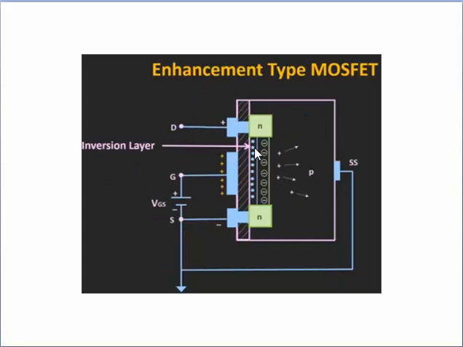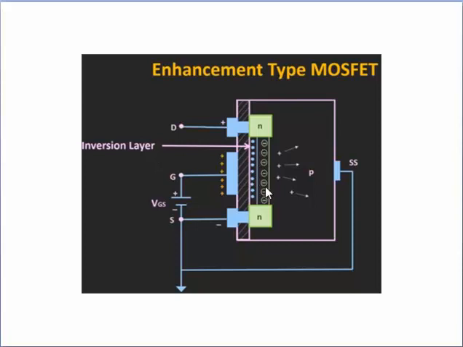that is, the gate terminal is isolated from the channel by this oxide layer. So due to this insulating layer, the electrons will not be able to cross the oxide layer, and they start accumulating near it. Eventually an inversion layer of free electrons is created near the oxide layer. This layer is called the inversion layer. This inversion layer acts as a channel between the drain and source terminal.